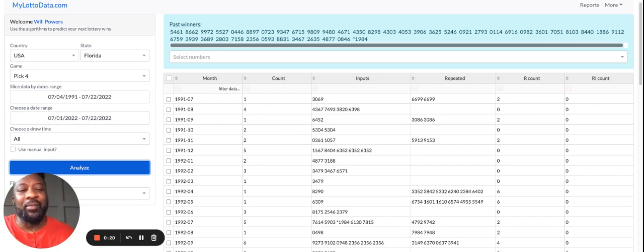Fam, look, I'm gonna be straight with y'all. I'm gonna try to talk fast too, just to get through a little bit of this. My Lotto data is not some simple grid tool, family. My Lotto data helps isolate patterns to show you how to get these wins, fam. I don't know why it is that every couple of days I see something new and then I try to add it. Family, I'm telling you,